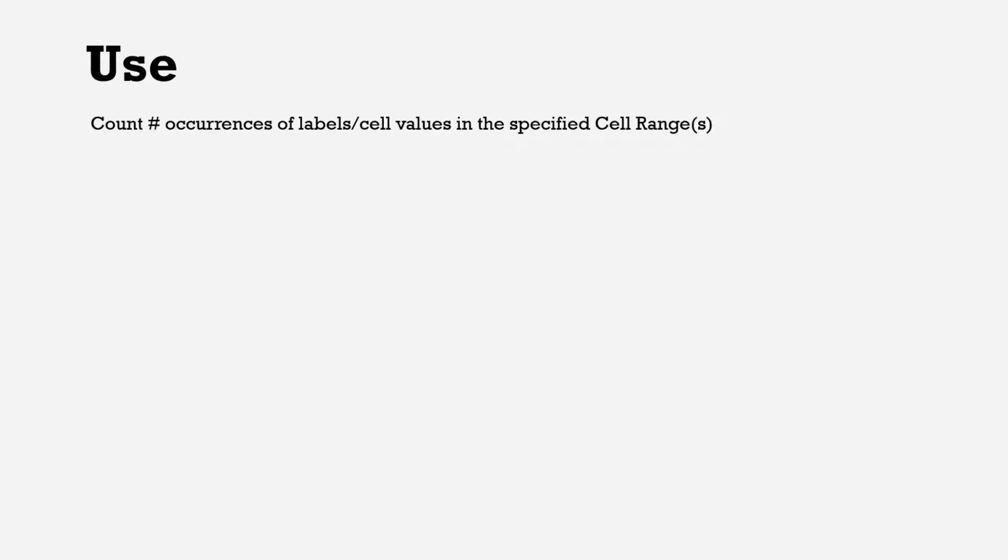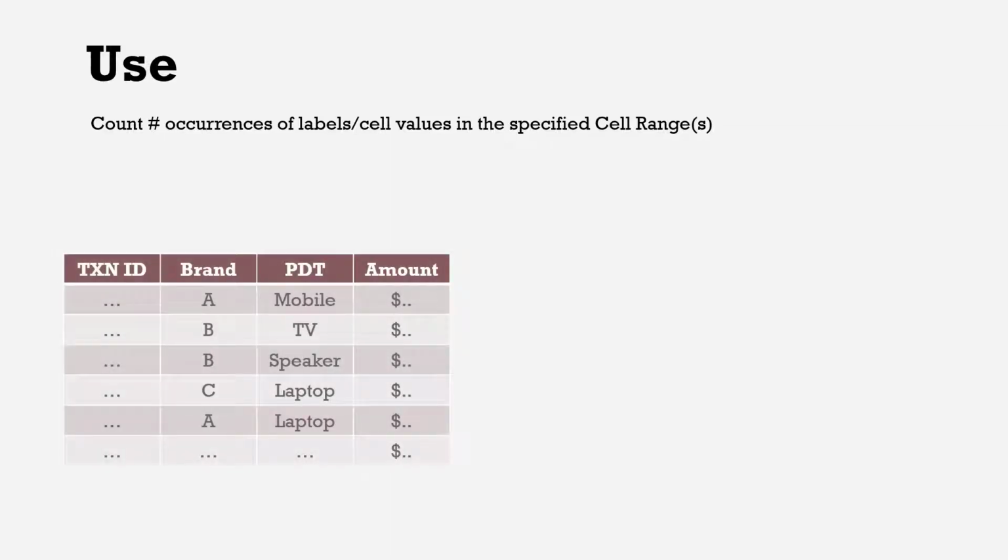The user can apply this function to compute how many times a particular label or cell value appears in the specified cell ranges. In this visual, you can see that there are multiple columns in the dataset, and we can make use of the countif function to, let's say, compute how many times a particular product type is appearing in this column product. So in its simplest form, we can apply a single criteria in this function,